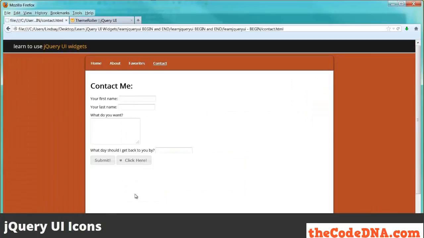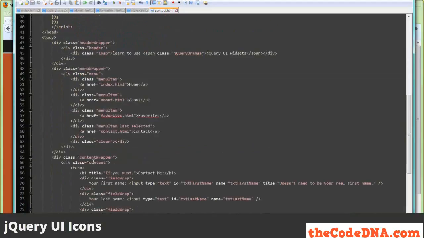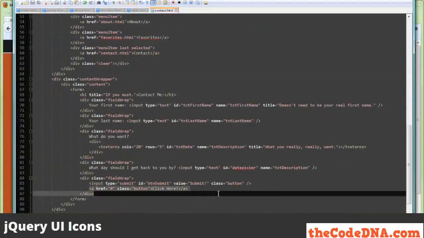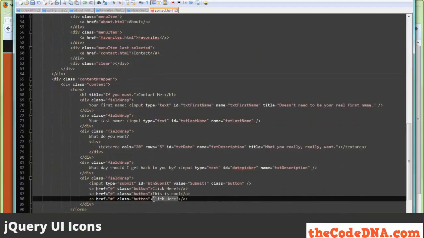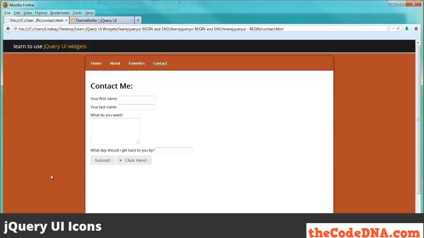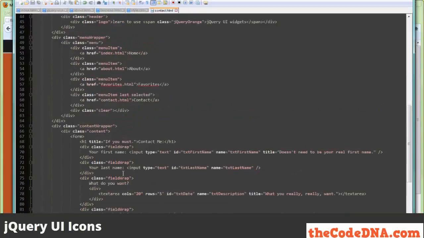So let's say I don't want to add that to every single one of my buttons. Let's say I have some other buttons. So let's add some. So I've added these buttons, and they all have hearts. And I don't want hearts on all of my buttons, just on the one that says click here. So let's go back,